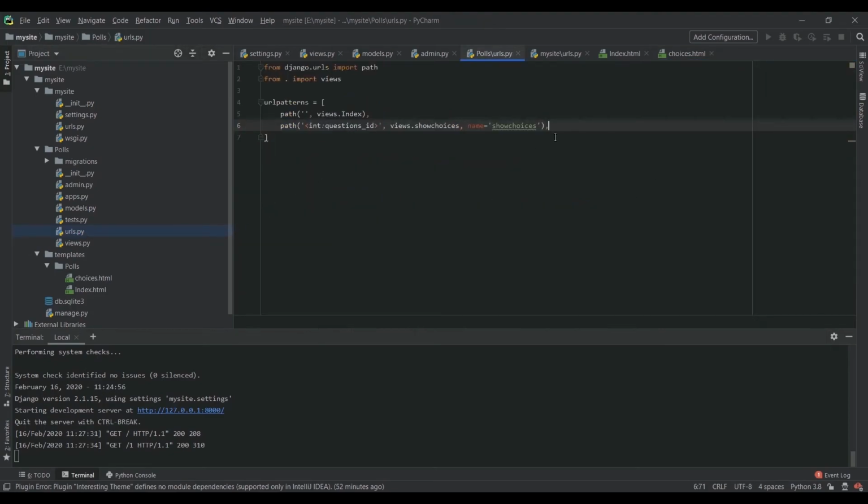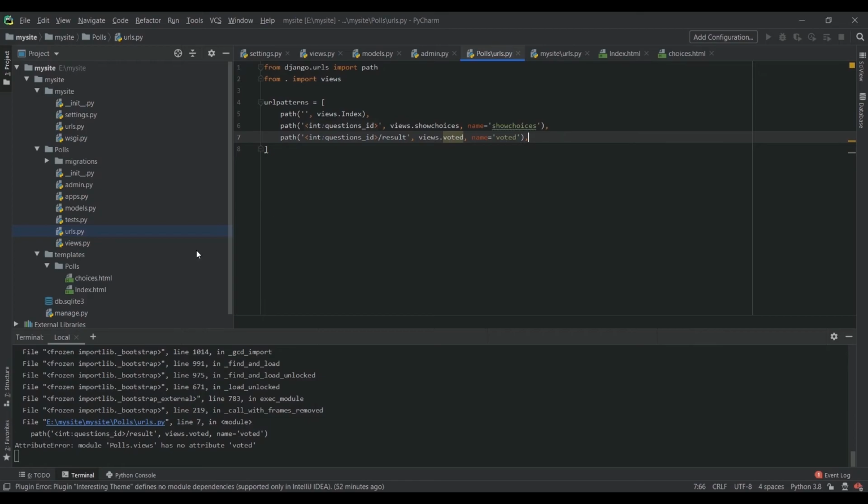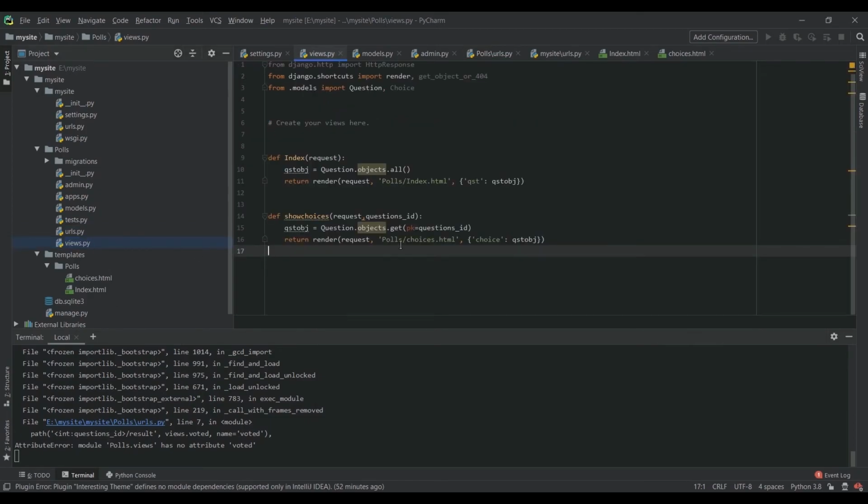Now we navigate to the URLs and provide the path, that is the path is to views.voted. We give the path and we return to views.py, and we are going to define the function voted, or we are going to define the voted view. It takes arguments like request and question ID,